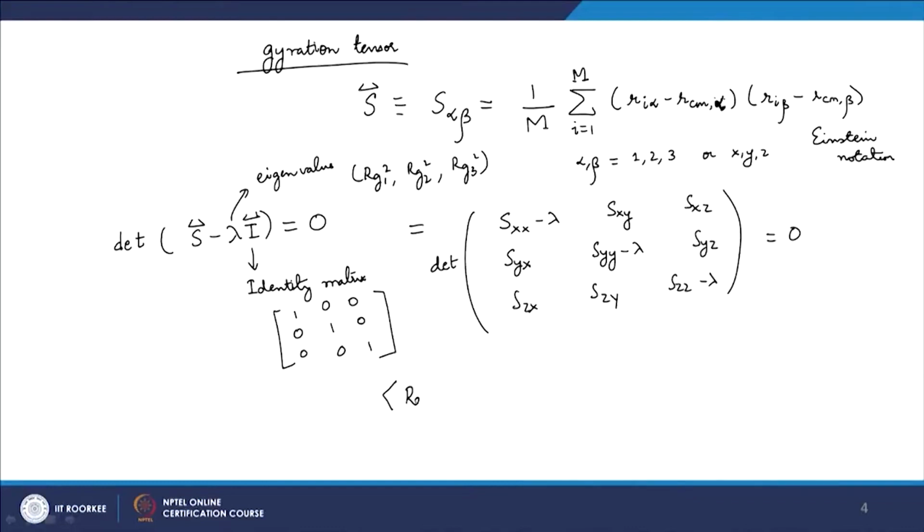Now if I want to represent my anisotropy or asphericity, because if the eigenvalues are identical, which is what we assume for a random walk, we are assuming that the shape is akin to a sphere. So if we represent anisotropy or asphericity as a departure from the sphere or isotropic behavior, we can look at the ratio of these eigenvalues,